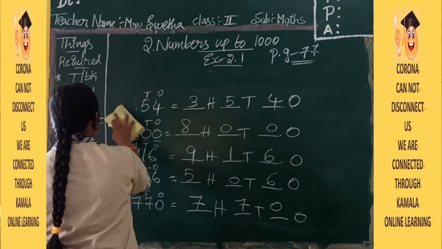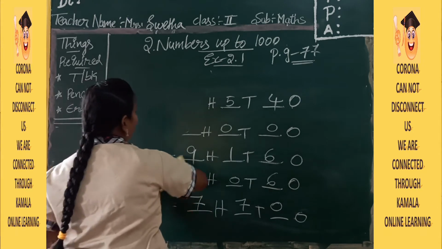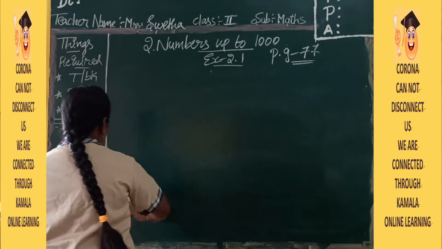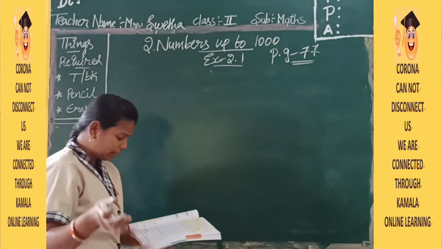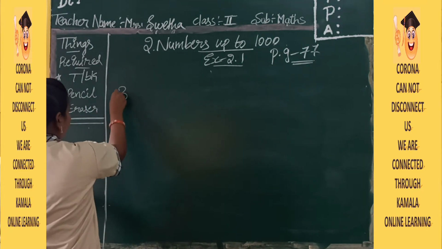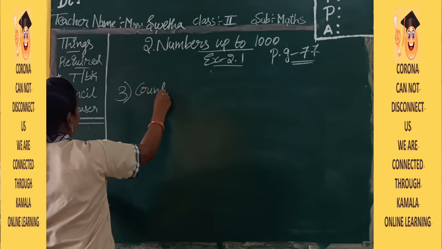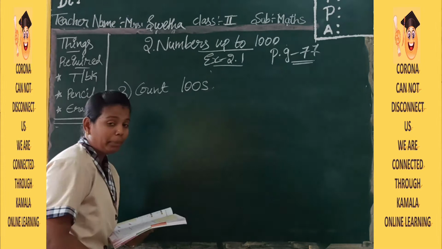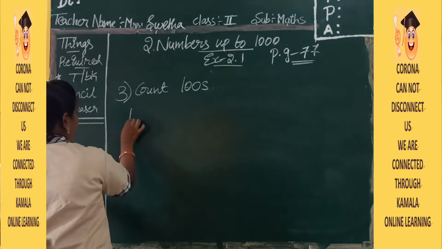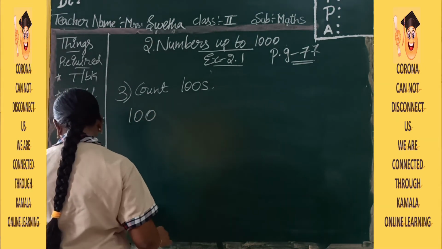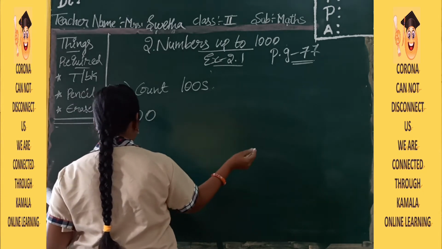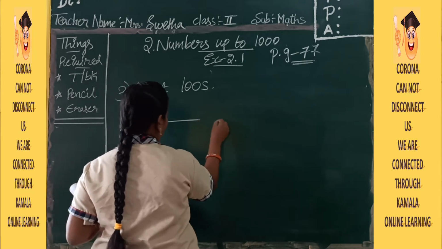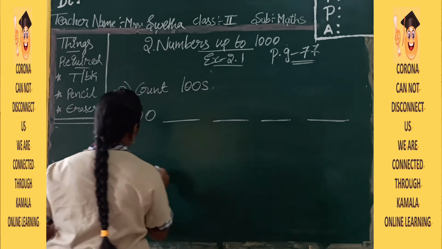The third bit, this type of problem we have already completed in your previous class. This is a little changed, but same like that only. See here, they are asking you to write, count hundreds and write. Means in the previous class, from 100 they have given and they are asking you to write 8 places. 8 places they are asking you to write. Okay?